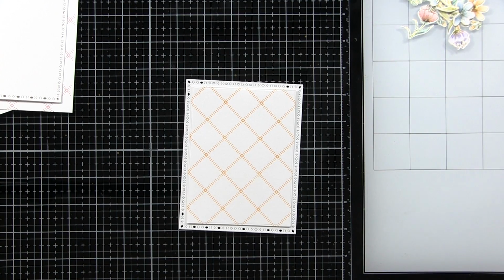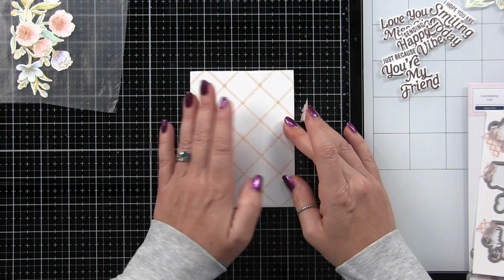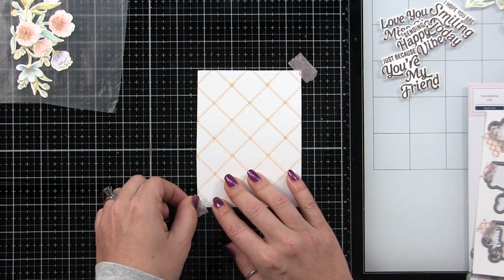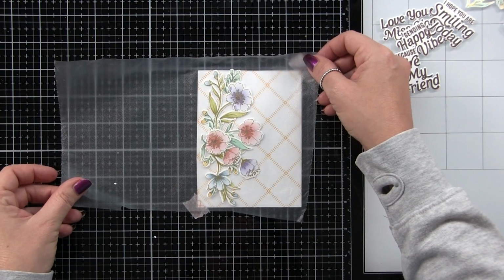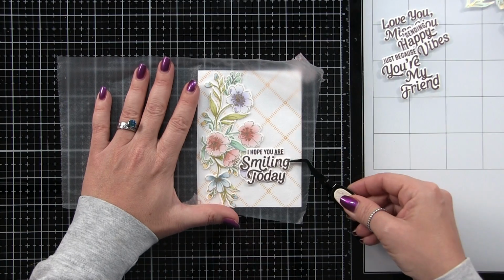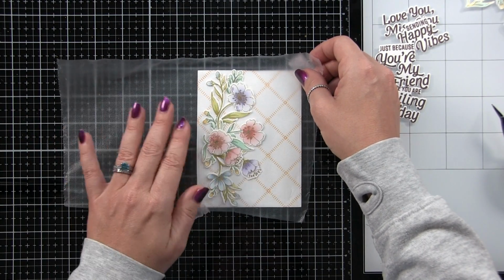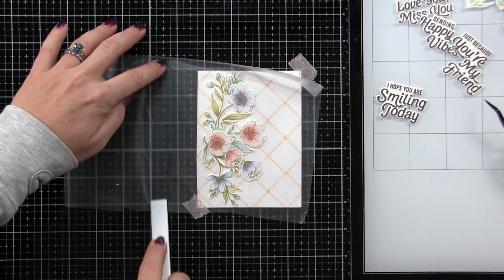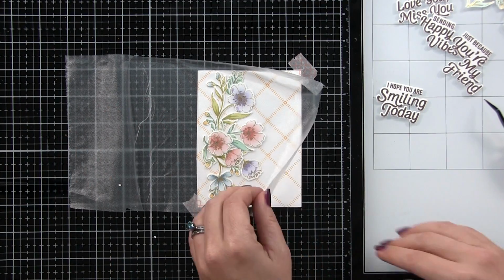All right, so we are going to adhere these two panels together eventually, but now it's time to adhere our florals. So I start by taping my panel into place. This will keep it from shifting underneath. Then I'm going to take my arrangement and lay it over top wherever I want it. I can make any minor adjustments here because the whole bouquet is held together by that press and seal. So once I've got it in place, I'm going to press one side of the press and seal to the mat. This is going to create that hinge,